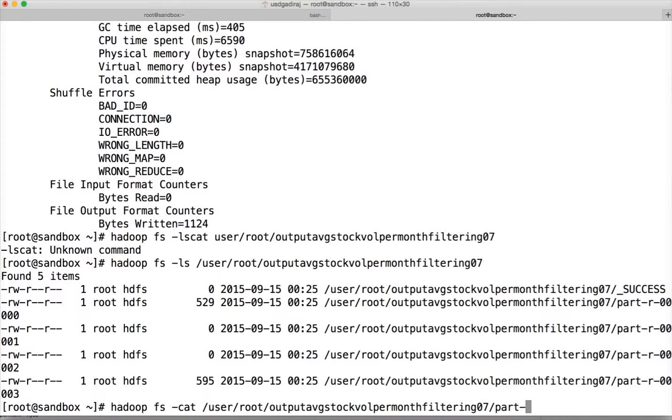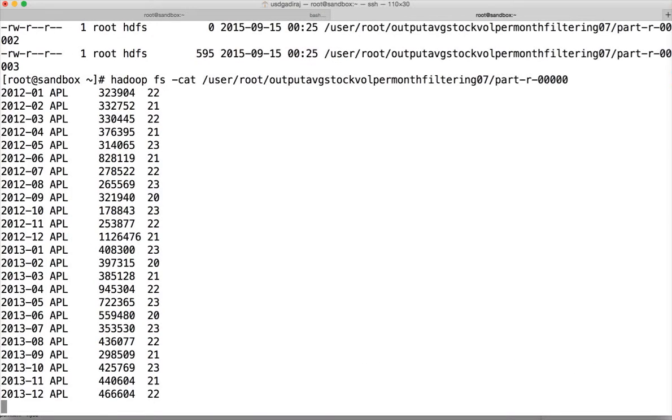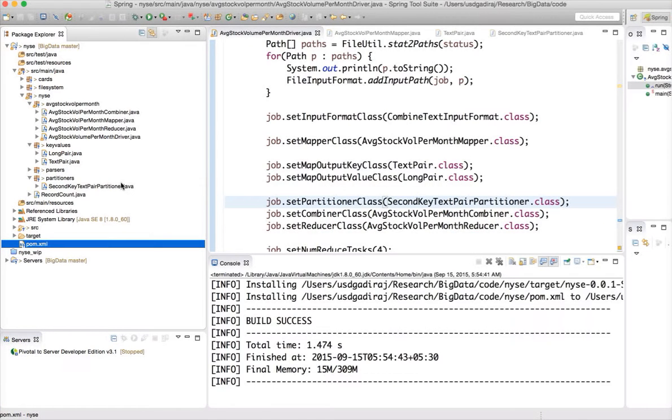and then part minus r minus 5, hit enter, and you can see that all the Apple stocks are in one file because it is partitioned using the second key in our composite key, because we have developed this second key text pair partitioner. So to recap, what we have done is we have seen how we can change the behavior